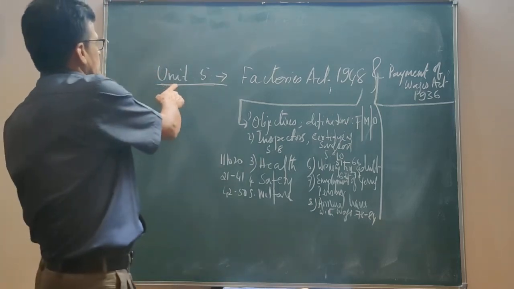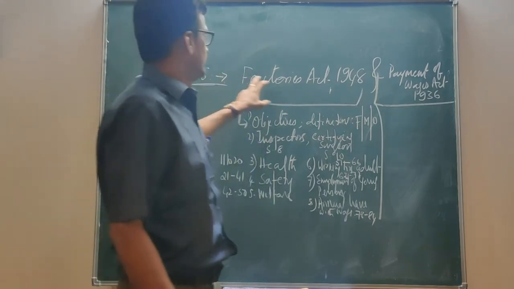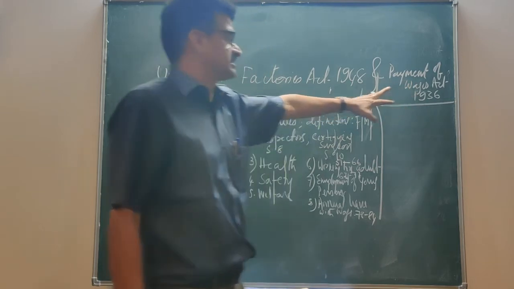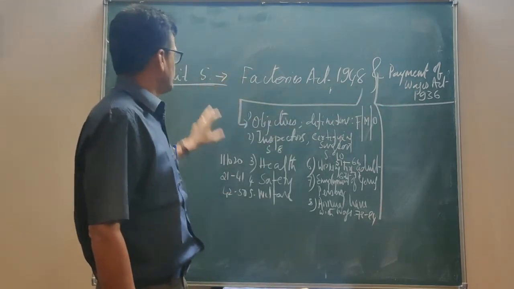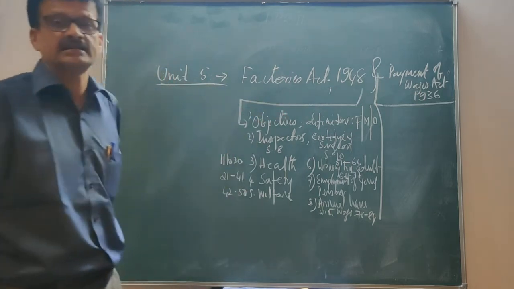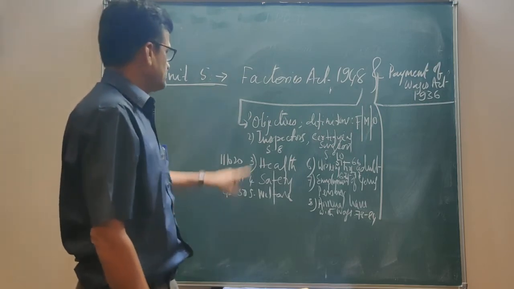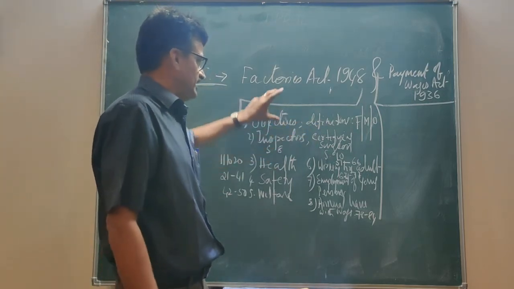I am now going to discuss Unit 5 of Labour Law 1: the Factories Act 1948 and the Payment of Wages Act 1936. Let me first discuss the first part of Unit 5, that is the Factories Act 1948. In its contents, it deals with objectives, where we need to define the purposes of